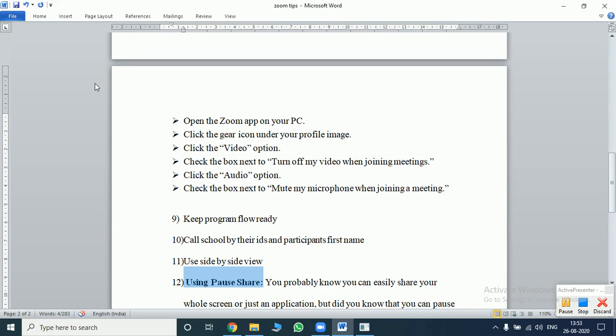If you are sharing your desktop screen, and you are fumbling with the options and struggling with the glitches, then you can pause your sharing so that the participants are not able to see that the host is struggling with the system. For that particular moment you can pause the share, so the screen will freeze, and when you are done, then you can start sharing again. Okay, so we are going to discuss all these points here.